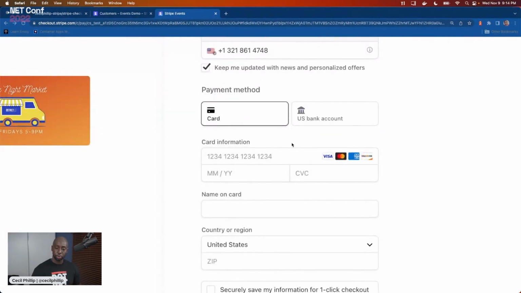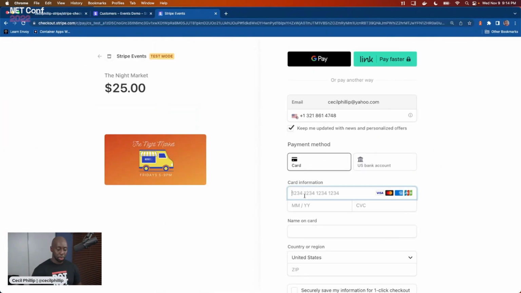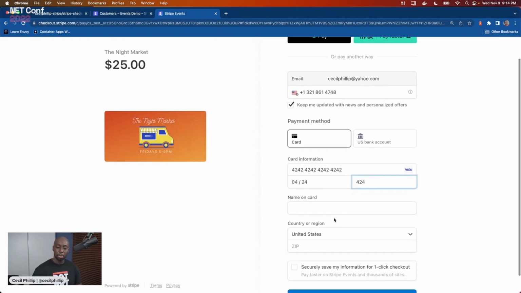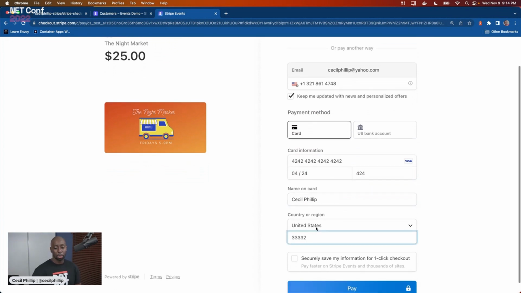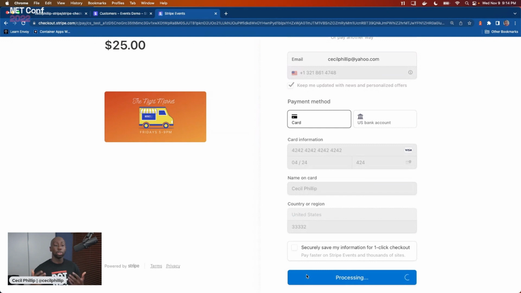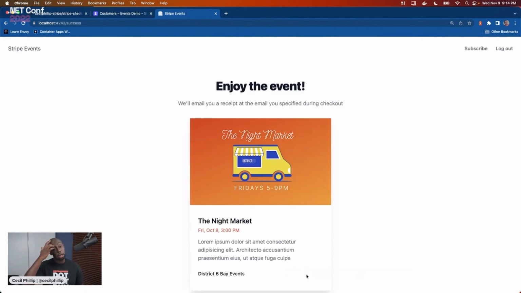Now, I'm going to put in some fake credit card information. So I'm going to use that 4242 Visa number. Feel free to try it out yourself. And, if it happens to work, I take donations if folks want to buy me something. No, but that's just a test credit card number. That's just to say, hey, I want to do a successful payment. And now what's going to happen is it's going to send me back to my website. So I've left checkout and come back to my website. Now I'm in the Enjoy Events page.